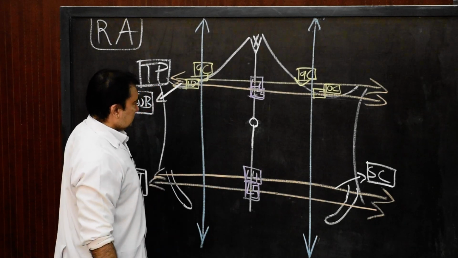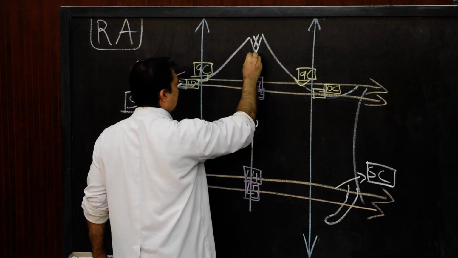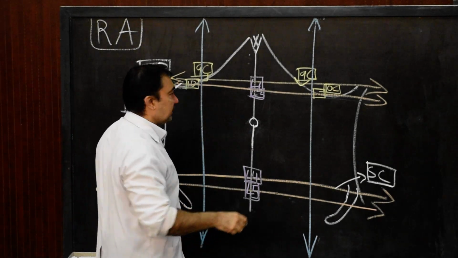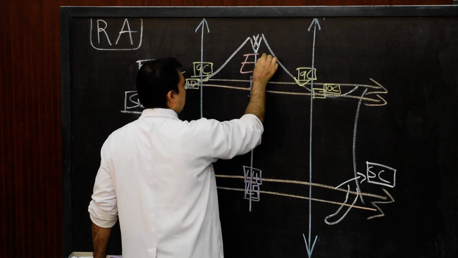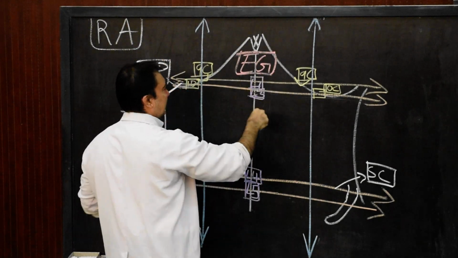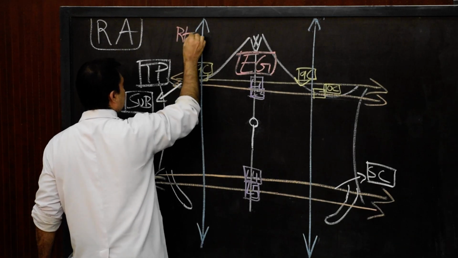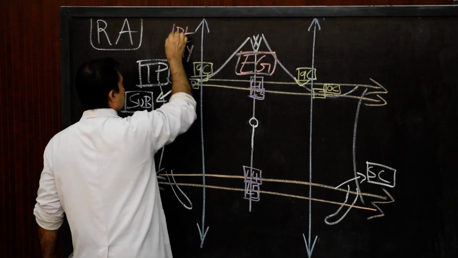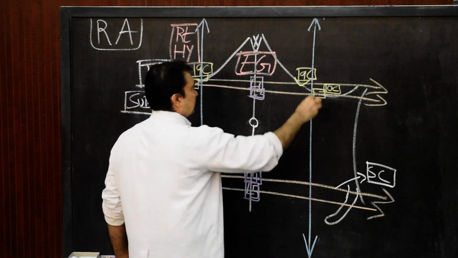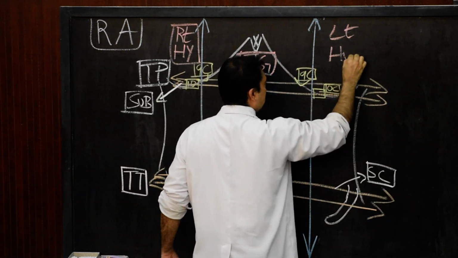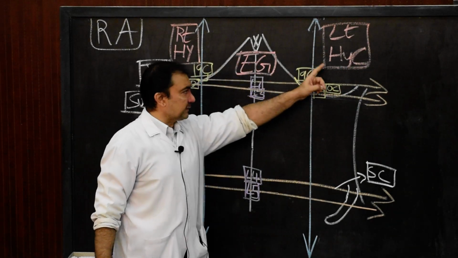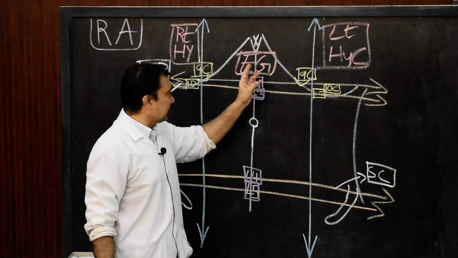We start with upper zone, this quadrant over here. Here I am going to write the name, so I will use red color, pink color. The upper quadrant here, we give the name as epigastric region. This is the epigastric region, epigastric quadrant. On right and left, here we give the name as, this is the right hypochondrium. This one will be the left hypochondrium. The right hypochondrium region, left hypochondrium region, and epigastrium or epigastric region.